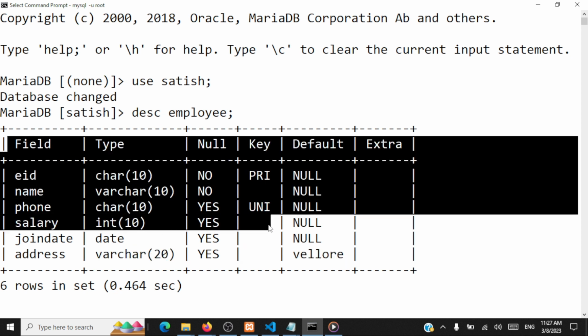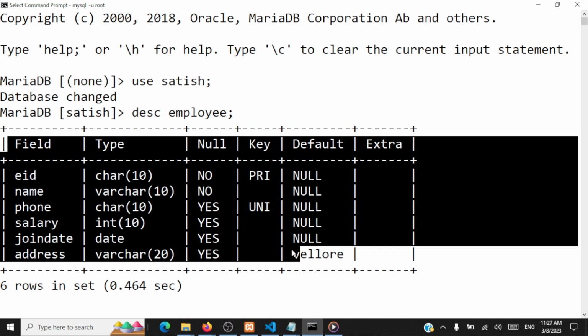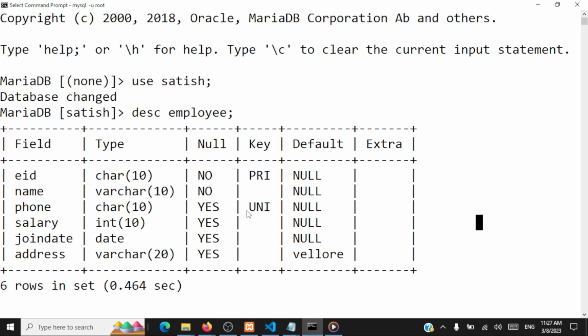So I have established all these constraints. If you're not clear about how to create tables using MySQL, or how to establish constraints or work with joins in MySQL, please refer to my lecture on messing with MySQL, wherein I have given quick tutorials on all these concepts. So here is my table, and the objective here is from PHP, I should be inserting a record